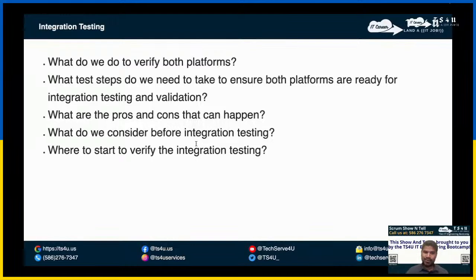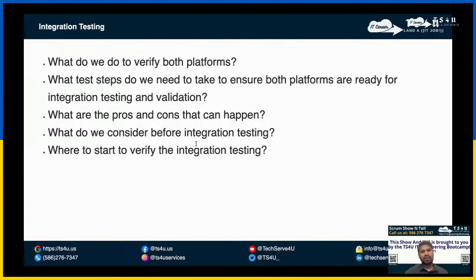What do we need to verify? We got it. What test steps we need to do? We got it. What are the pros and cons that can happen? I think we discussed that. So do you guys know now what are the pros and cons? Do you guys know what challenges can happen testing both applications, both platforms? Yes.